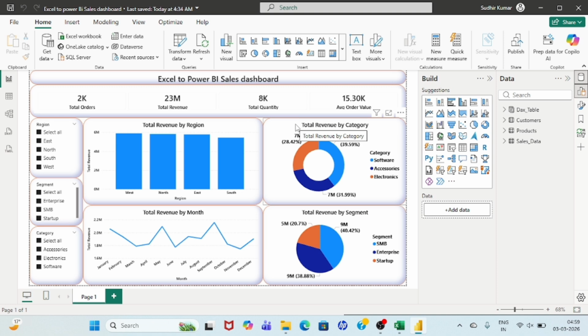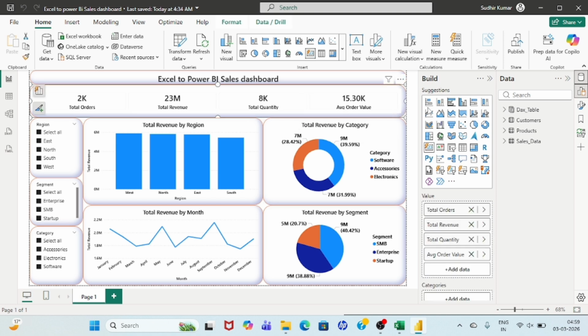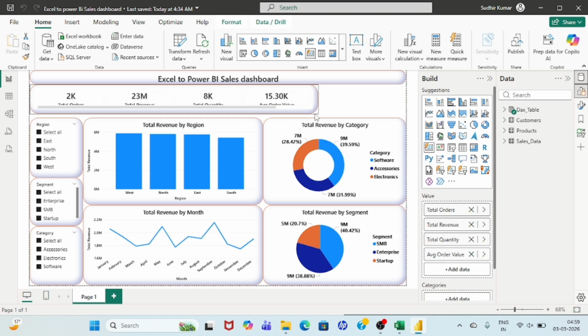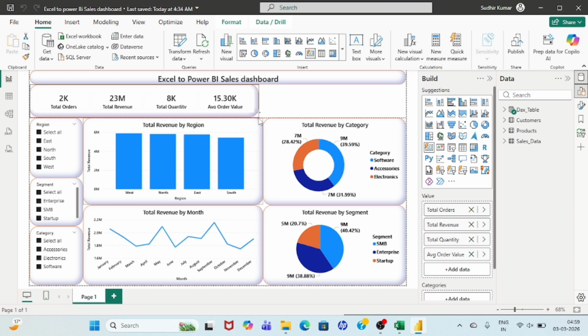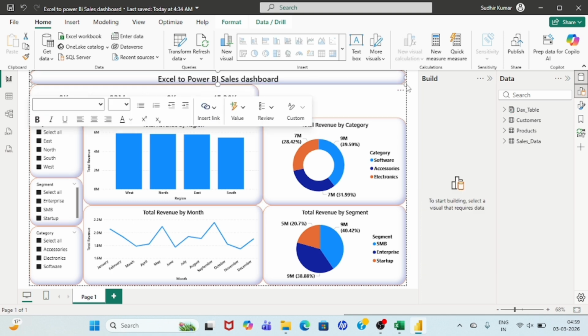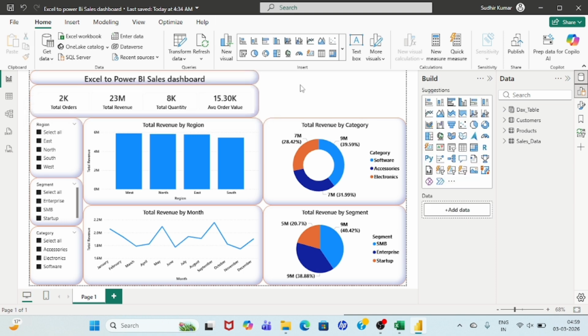I'm going to resize this so that there will be a little bit of space to implement the logic. Here I want to put one button that would control the switch theme functionality. So first things first, I have